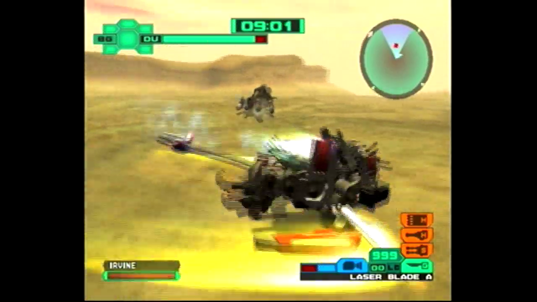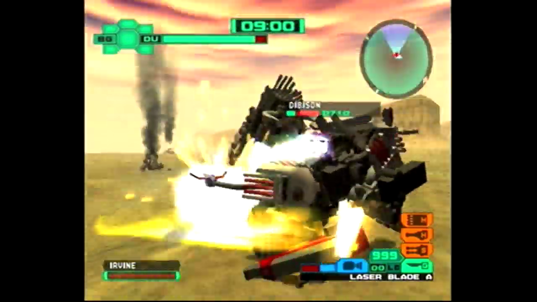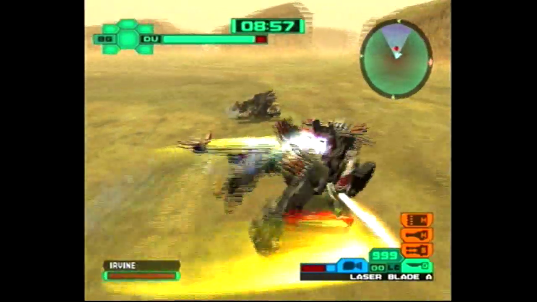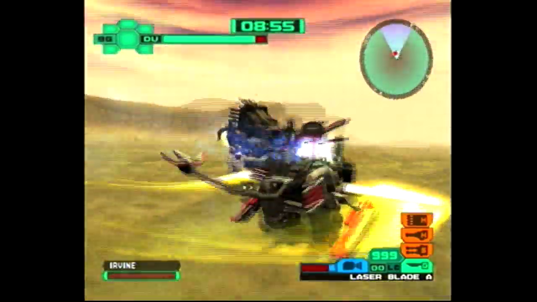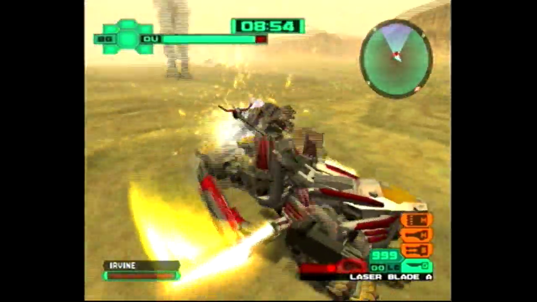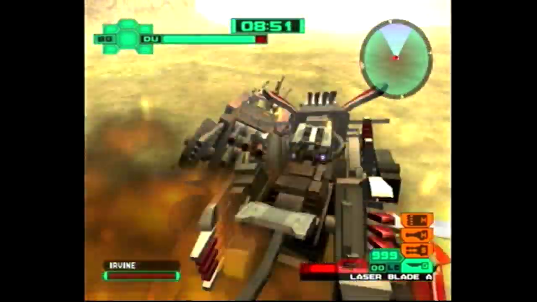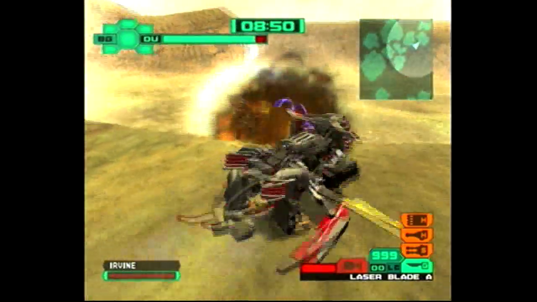Alright, I should be able to easily finish off this D-Bison with the blades. Look at that, it took out like a third of its health with one slash. And the boosters just allow me to make even more passes around. Unfortunately, you can't keep slashing the enemy while it's downed, because that would just be really broken, but...